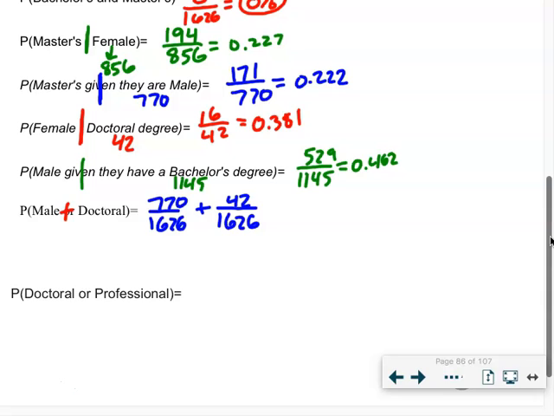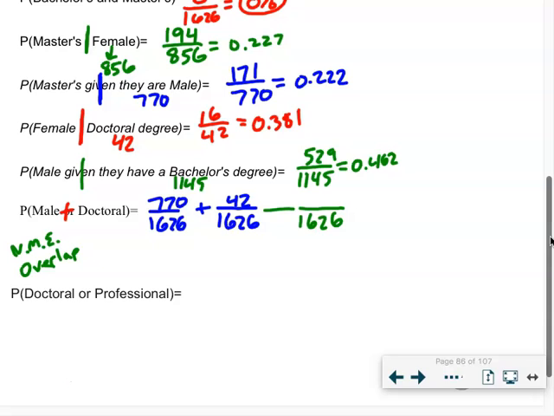But here's the thing. Do these overlap? Is it possible to be a male and have a doctorate? The answer to that is yes. This is a non-mutually exclusive problem, which means there is overlap, which means we need to subtract how many people were in both